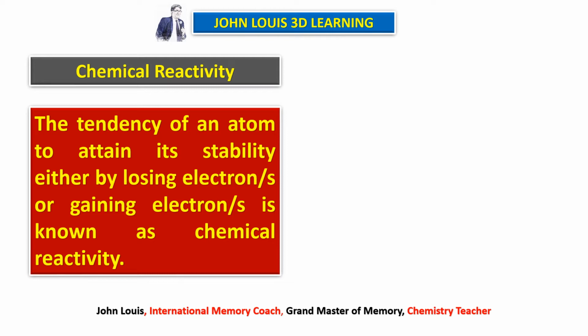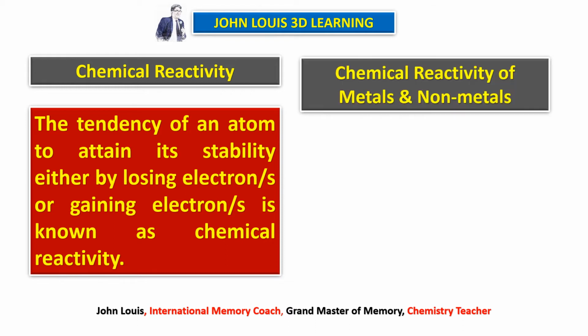But if you take chlorine, chlorine has 7 electrons in the outermost orbit. The penultimate orbit, as usual, like sodium, has 8 electrons. But here there are two options. Either it has to lose 7 electrons to become stable or gain 1 electron to become stable. Which is easier? Gaining 1 electron is easier. So that is what chemical reactivity is. Some elements will have the tendency to lose electrons to become stable. Some elements will have the tendency to attract or gain electrons in order to become stable. So this tendency leads to their chemical reactivity. The higher the tendency to lose or gain, the greater will be the chemical reactivity.